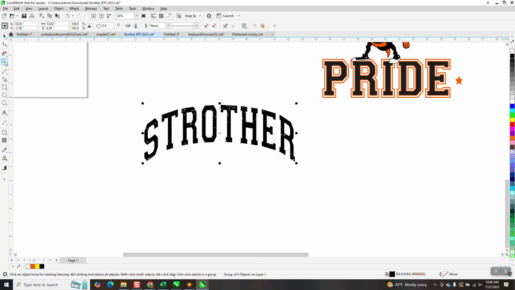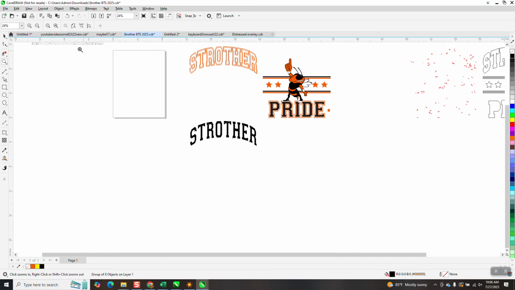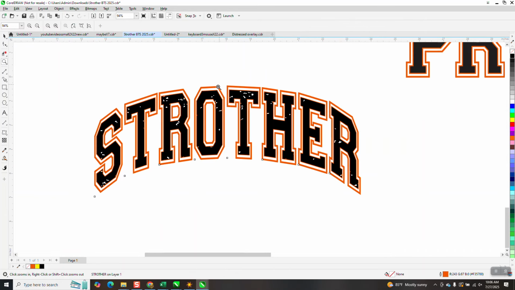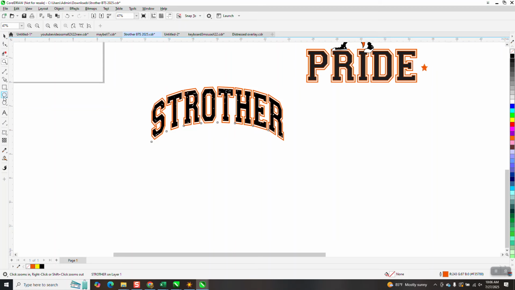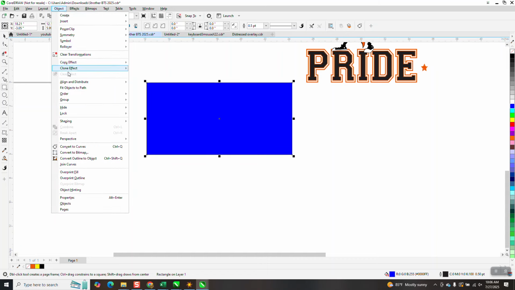And see, now we have just the distress on the black. So that's pretty cool because now you could bring your lines back and bring them back down. And you're only going to have distress on the black, which makes it look, to me, 10 times better than doing the lines. And then if we put a blue shirt background on it,